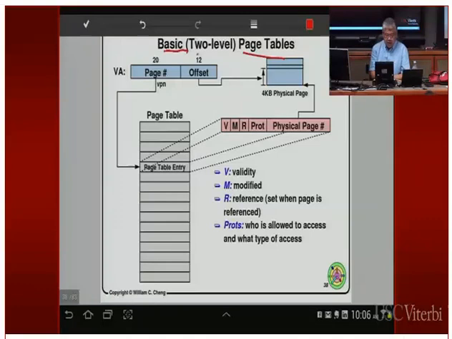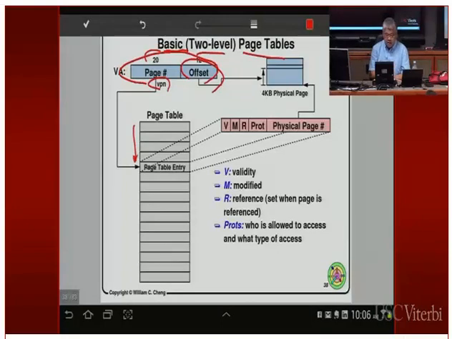So it's two-level, right? If you take the virtual address, you divide it into two parts. The first one specifies the virtual page number, and the second one specifies an offset into that page. The virtual page number gets mapped into a physical page number, so therefore this offset in the virtual address space also works in the physical address space. And the virtual page number will point to a page table entry, right? Because the virtual page number is the index